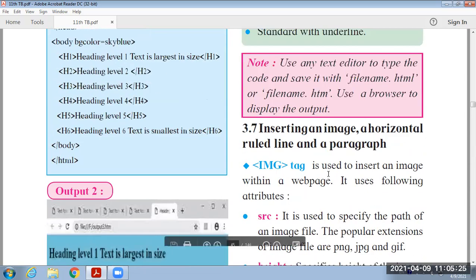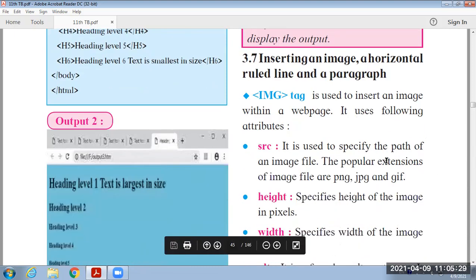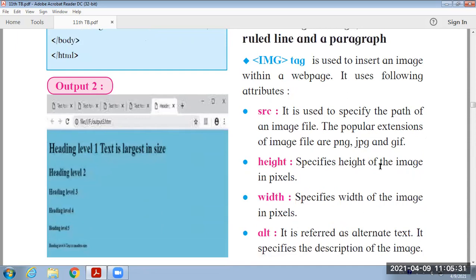The next one is inserting an image, a horizontal line, and a paragraph. Now we have to insert the image. You already inserted multiple images on a single page. For that, we have to use the img tag.